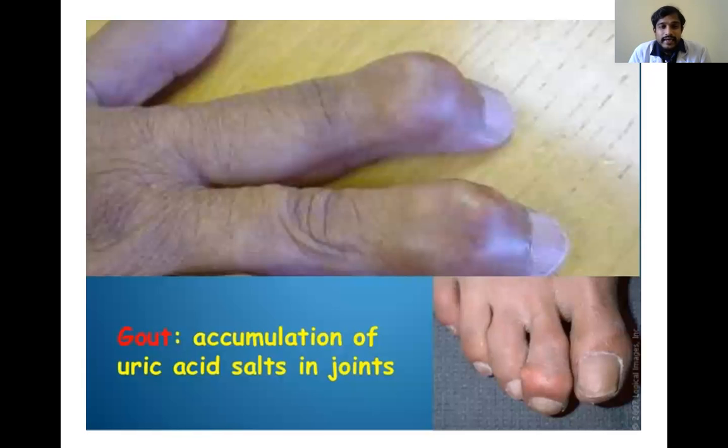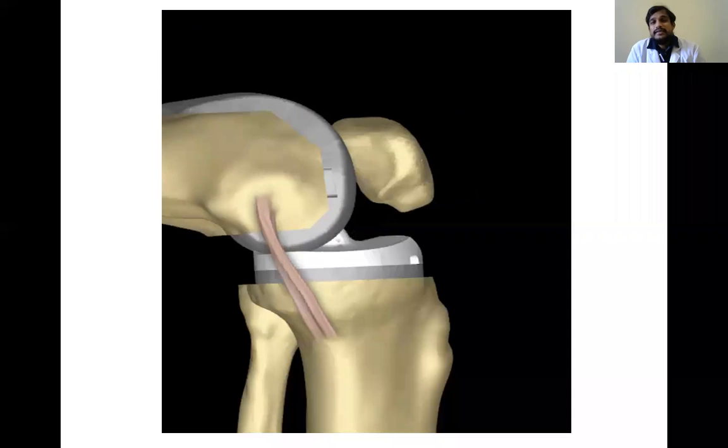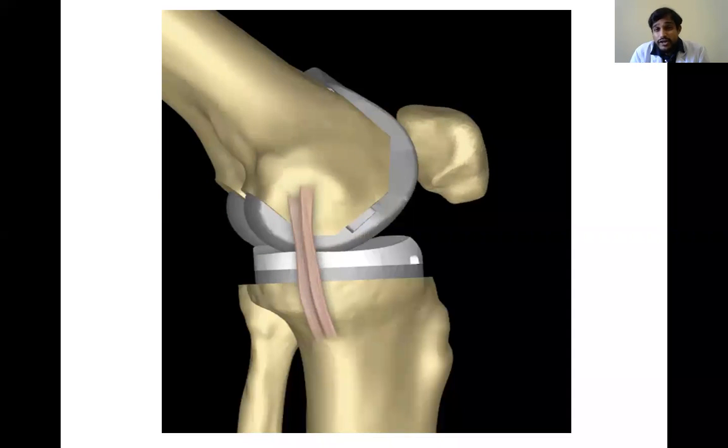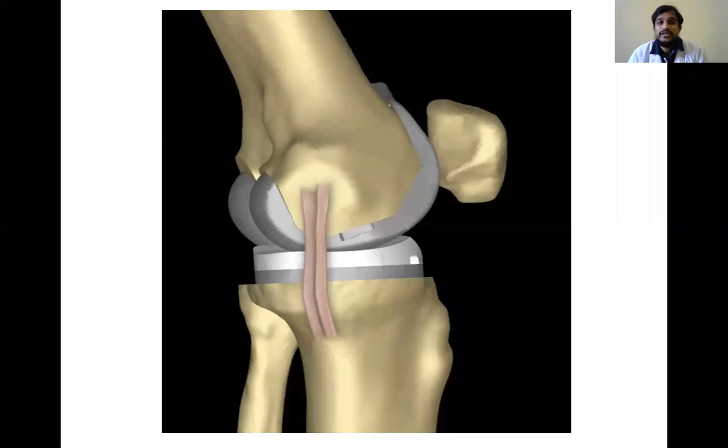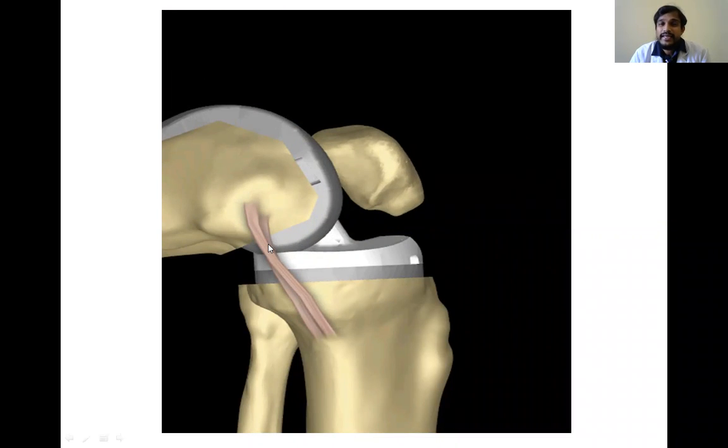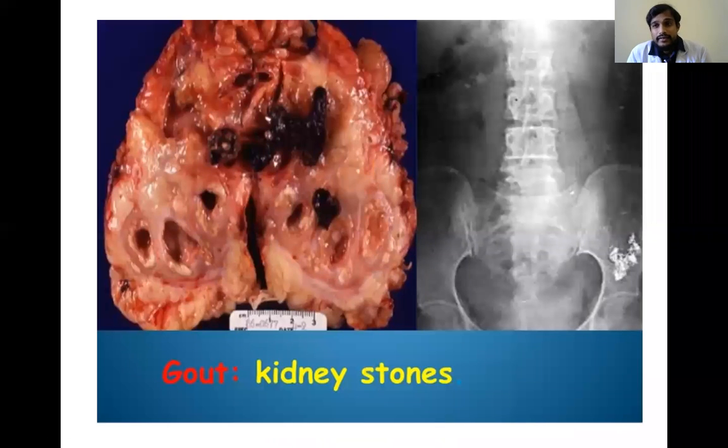So here you can see the accumulation of uric acid in the joints. Mostly the distal joints are commonly involved. So there will be pain and restriction of movement in the joints. Initially the joint movement will be free, but when these crystals accumulate, after the distal joints, these crystals are also accumulated in the proximal joints. So the movements will be restricted and there will be pain and inflammation in the joints. And in still further complicated cases, the uric acid will be accumulated in the kidneys, which leads to formation of uric acid stones in the kidneys.